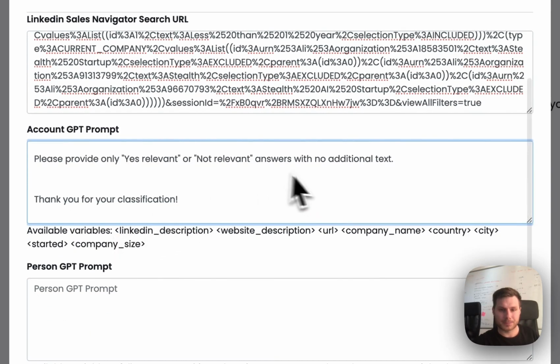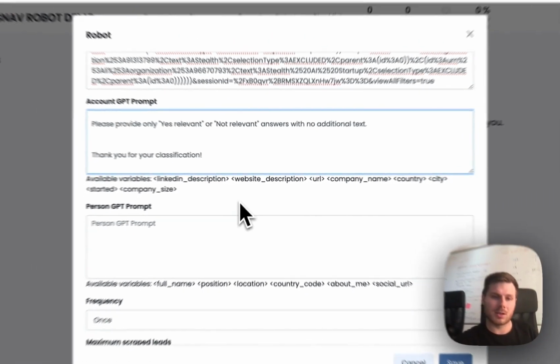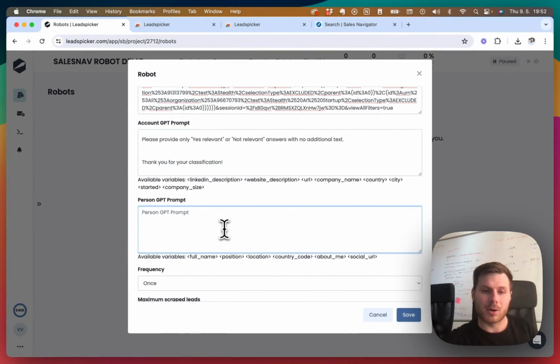So what the robot does is that the companies that will be marked as yes relevant will be sent further to the workflow, and the rest won't. So now, once I have the relevant companies, I also want to make sure that the people that LinkedIn gave me are